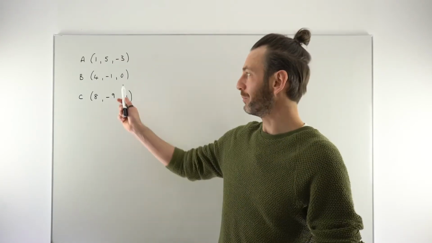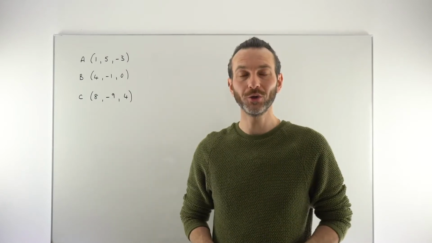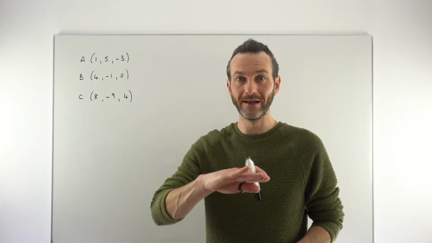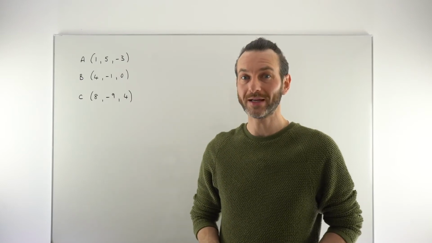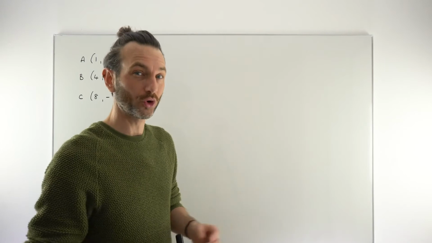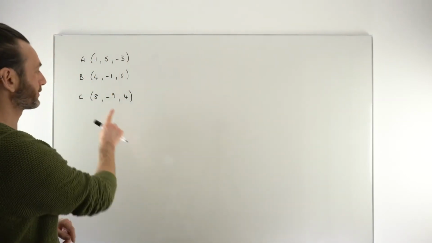We've been given these 3 points and we're asked to show that they're collinear. Collinear is just a fancy way of saying that they lie in a straight line. This question can be done by gradients or by vectors. I'm going to do it by vectors, which is a more common approach with these questions, especially if the points are